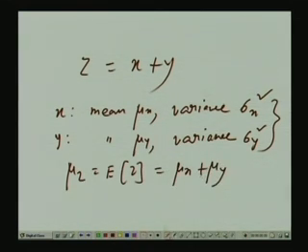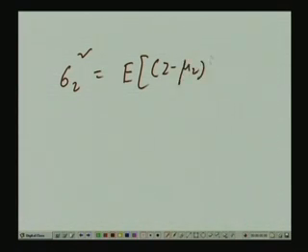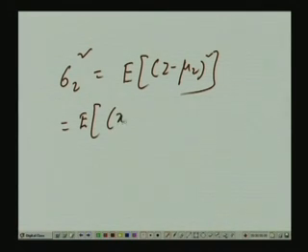And what happens to the variance? sigma z square, which is nothing but E of z minus mu z whole square. Now, this you can write as, you replace z by x plus y, mu z by mu x plus mu y. So, this becomes nothing but